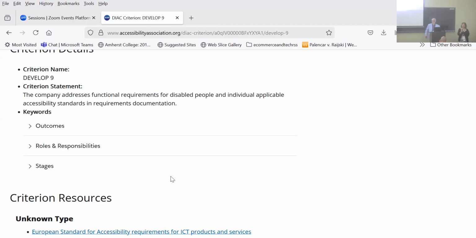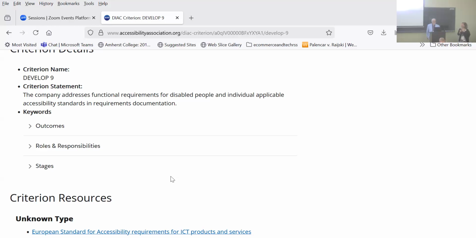And so what then happens is that people continue to develop, and then you find out in testing that things are not quite working the way you expect them, or it's not working for a specific segment of the population. So what this is really saying is make sure that when you're doing your requirements document, those accessible functional requirements are very clear, very defined, defined nicely at the beginning of the process, so that they're not forgotten, they're not done later.